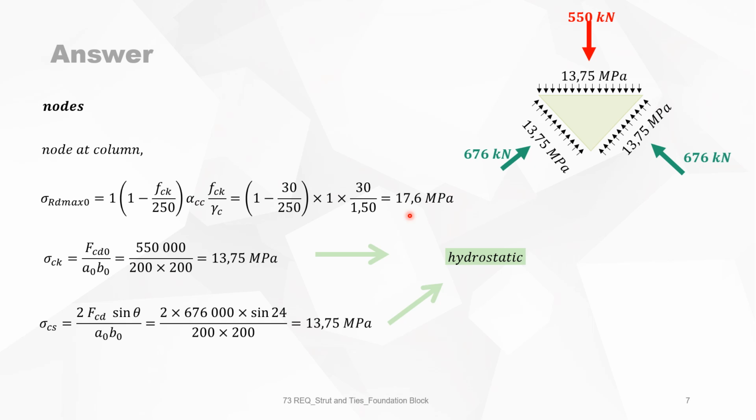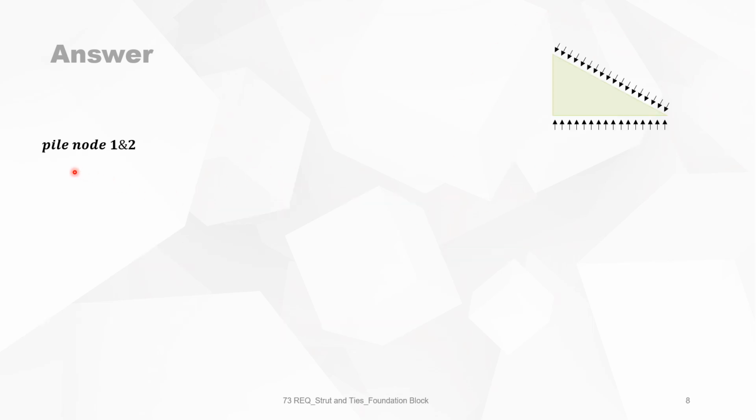13.75 is smaller than 17.6, so this node is okay. Let's go to the pile nodes of the two piles. We have a section here and a section there. The normal force of the strut is 676 kilonewton, and on the contact side of the pile, it